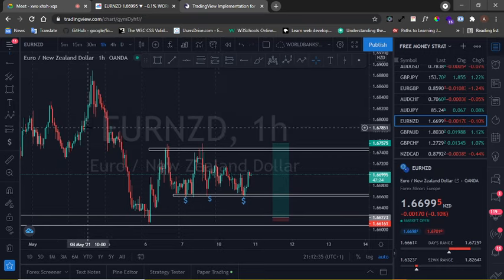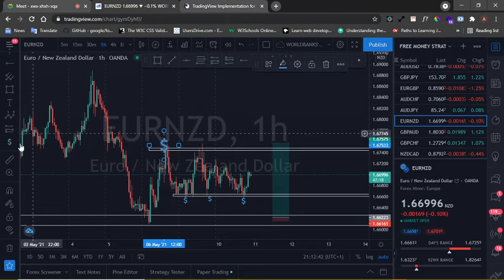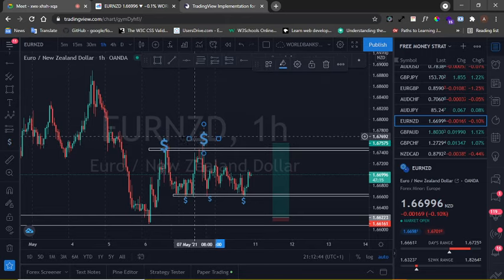So we are waiting for them to grab liquidity. There's liquidity above you, there's liquidity below. This one is going to be a crazy one. This one is going to be crazy because when the spikes start coming,